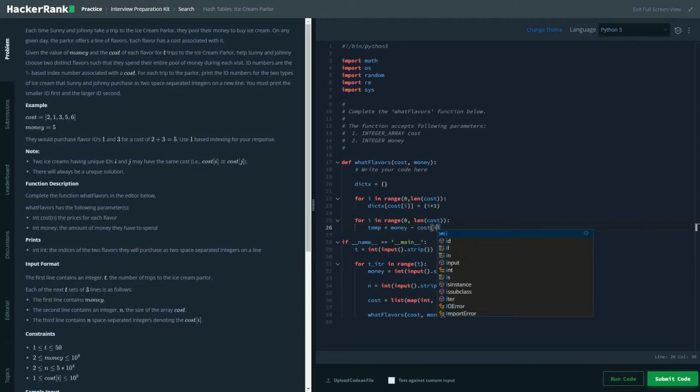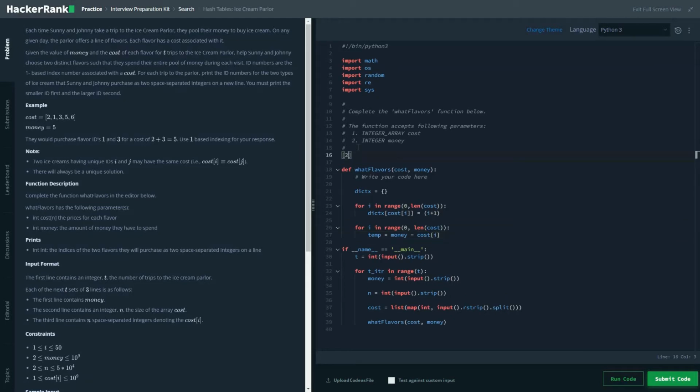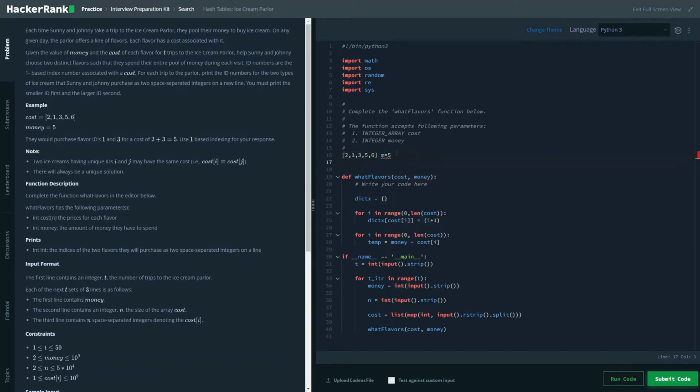By doing this, what do we get? Let's take an example. Let's loop through this list: 2 1 3 5 6. The money as of now is 5. So for the first index, our temp value would be 5 minus 2, which is 3.